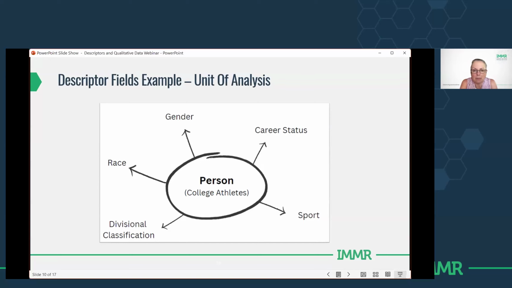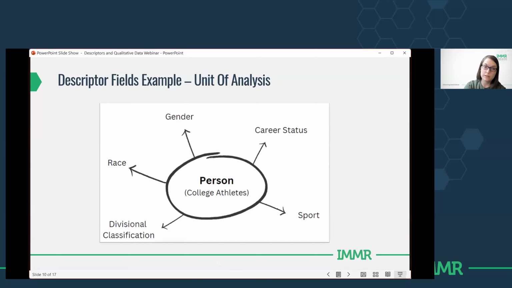But again, the good thing about working with descriptors is if it becomes important, you can easily add it in later. Absolutely. So often if your unit of analysis is a person, you'll have maybe pre-screening data or consent form data to see if they were eligible for this study. Some of that data you might be interested in. So in this case, race, gender, career status, all of this was self-reported from participants and was important for the study. So we kind of knew this going in. We set up the study to have this information.